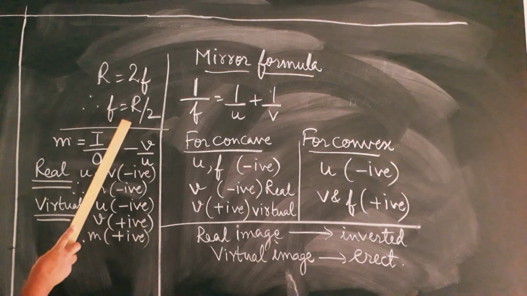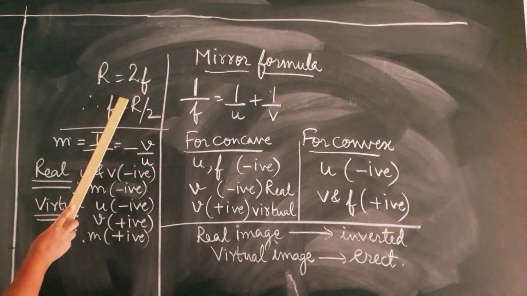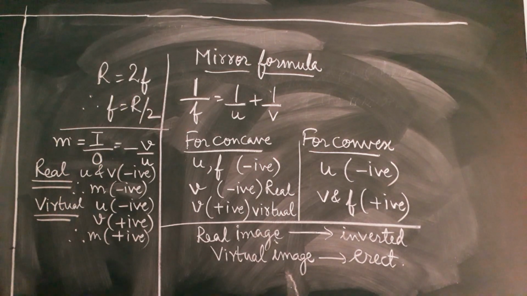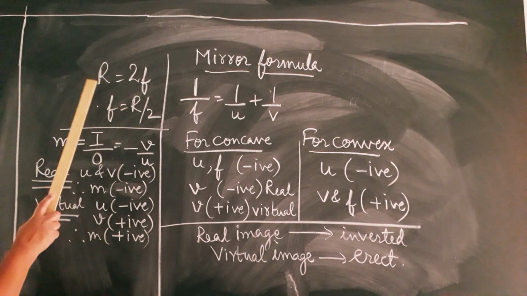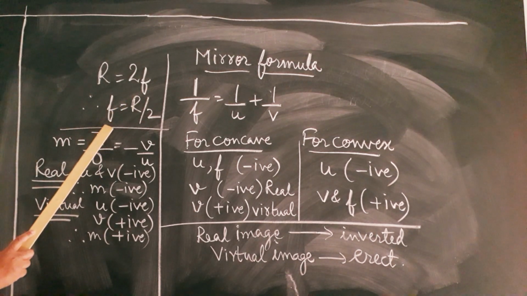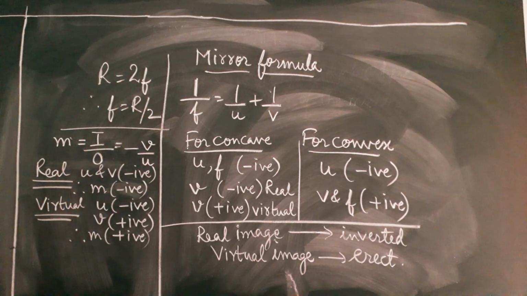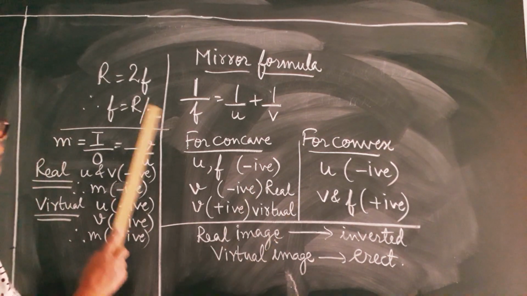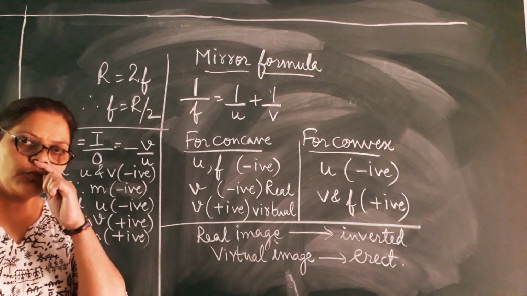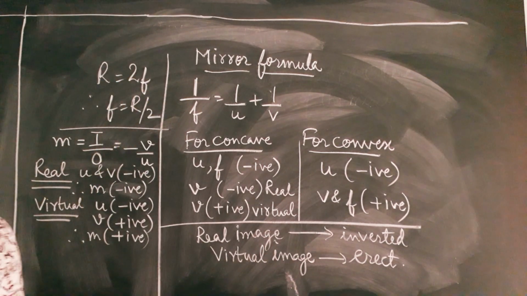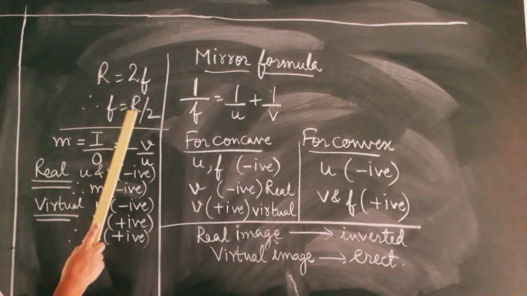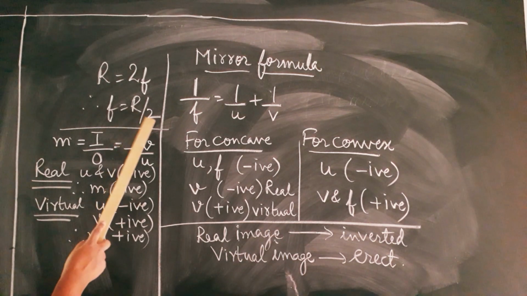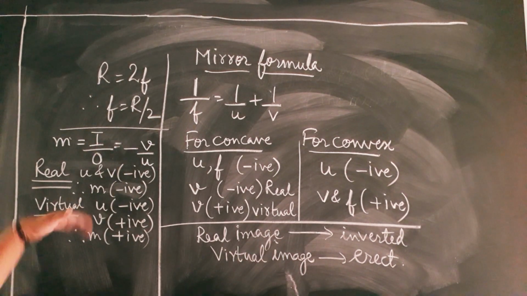I first begin with this. Children, you are already aware of this. I have done this with you. It says the radius of curvature is double the focal length, or we say that the focal length is half the radius of curvature. So let's pick up an example. If I say that the focal length is 2 centimeters, the radius of curvature is going to be 4 centimeters. And if the radius of curvature is 4 and I need to find the focal length, it is going to be divided by 2 and that will be 2 centimeters. Now let us move to the next formula.